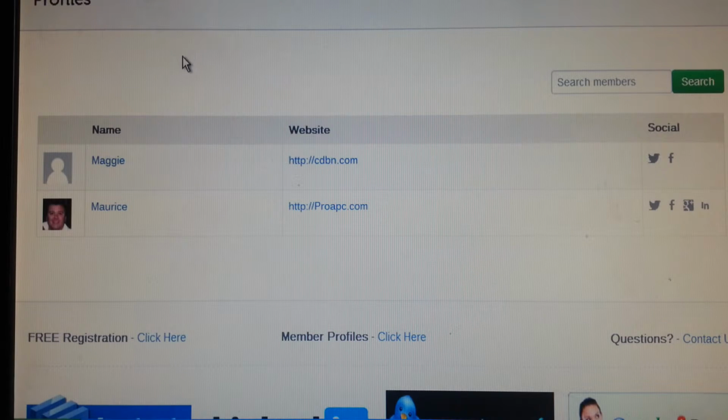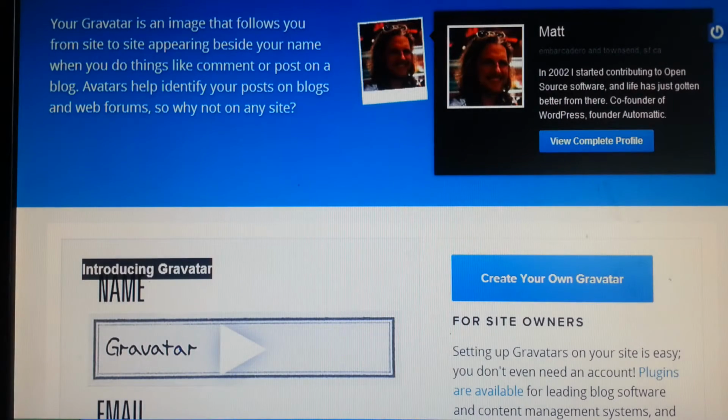Okay, I'm going to show you how to get an avatar, which is an image that you'll be able to use on every website that you visit, because it's going to be tied to your email address. It's very simple. You go to a website called gravatar.com,